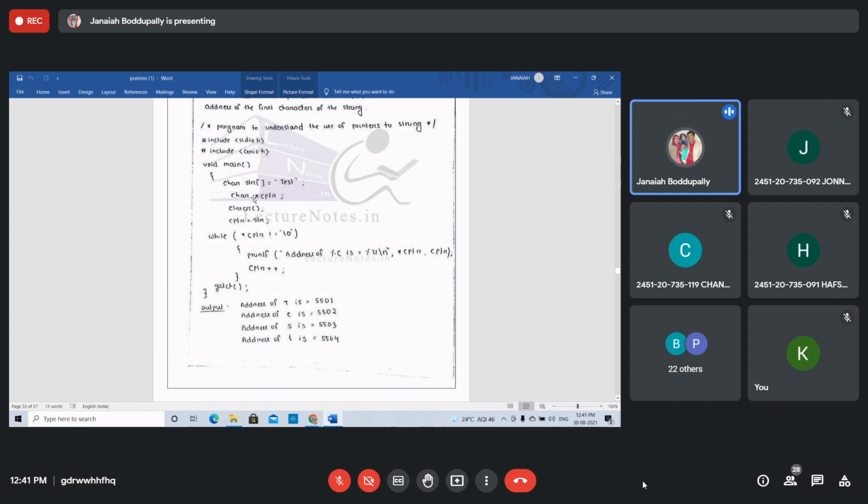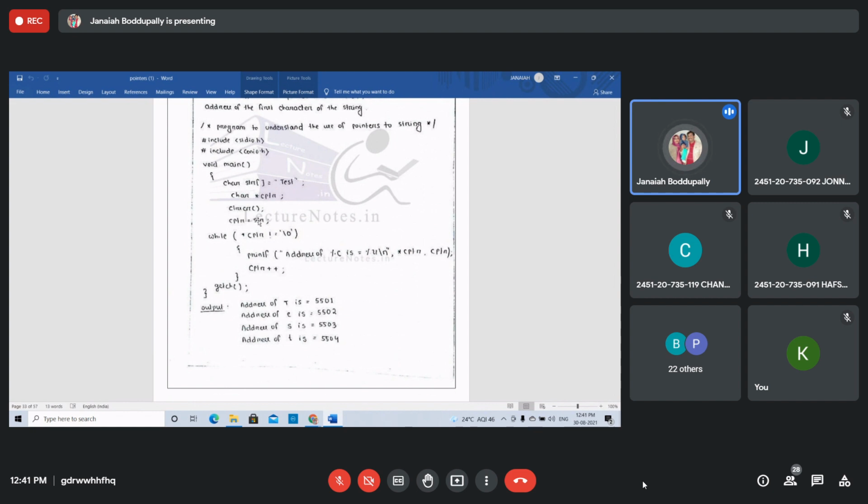Now declaring the pointer variable, a character pointer variable, char star cptr. Then cptr equal to str. The address location of the first character of the string will be stored in the cptr pointer variable.